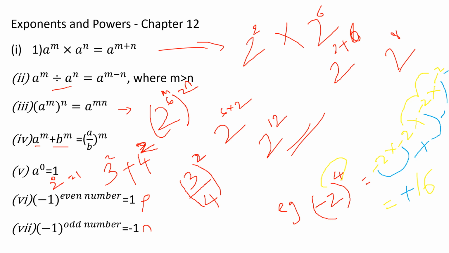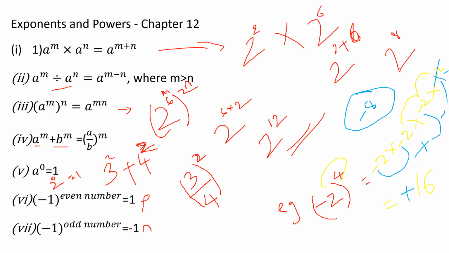The same thing, if it is an odd power, the answer will be negative. For example, minus 2 the whole power 3. Minus 2 the whole power 3 means 1, 2, 3 times. 2 into 2 is 4, 4 twos are 8, so the answer is 8. Minus into minus, plus. Plus into minus, minus 8. It is a negative number. So a negative number with an odd power, the answer will be negative. Is it clear?